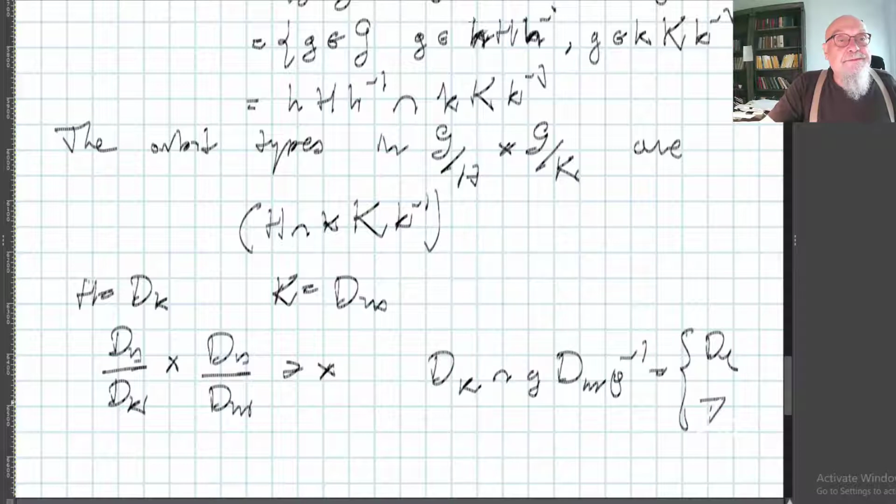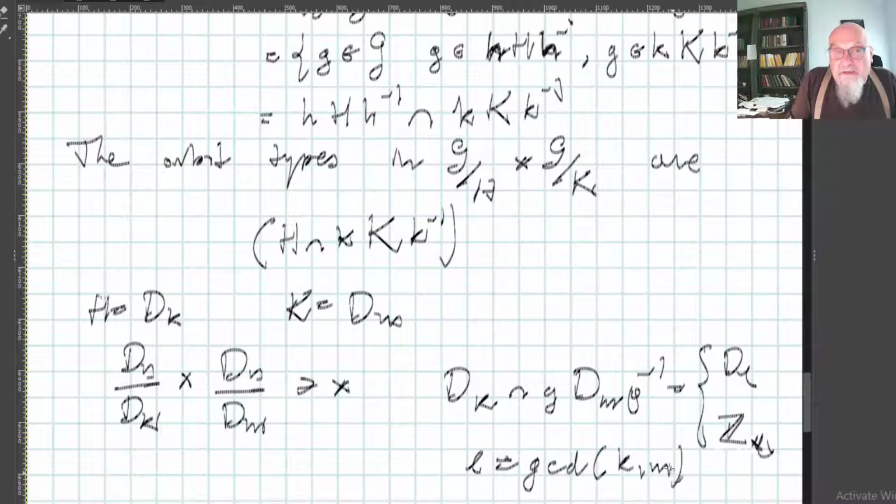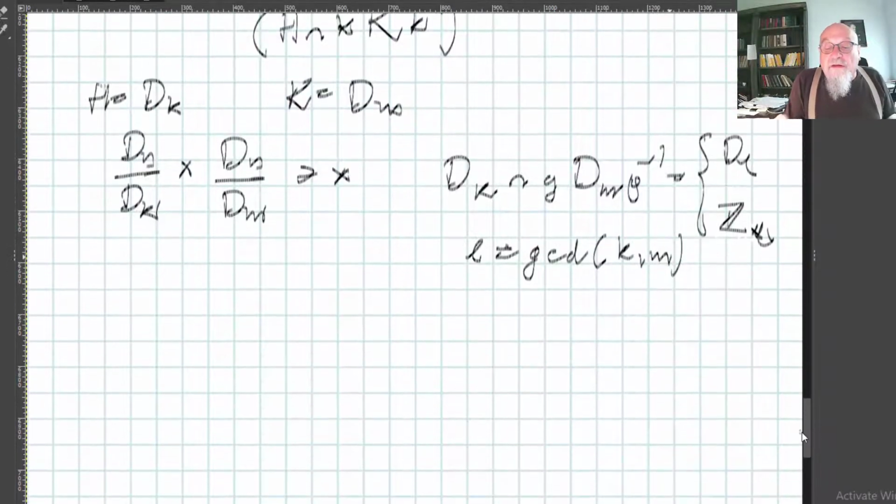Very easy to verify. Okay, so ZL, where L is a divisor. What kind of divisor? It's the greatest common divisor of K and M. One can easily verify. In order to see it clearly, if you take ZK